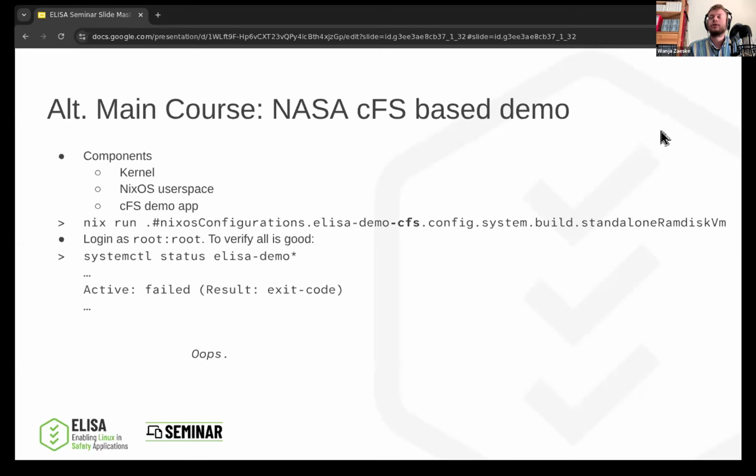So Nix has CMake packaged and has excellent integration. Actually, the NASA CFS demo is built with CMake. And I don't know intricately how it is built, but also I don't really need to know. The only thing I need to know is that I put in the right dependencies, which are a bit complicated to get because the demo app also uses some Haskell-based programs for some pre-processing. And then I let Nix mostly just do the thing for me without me having to know so much about it.